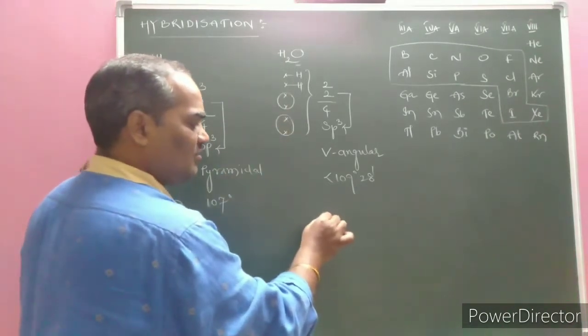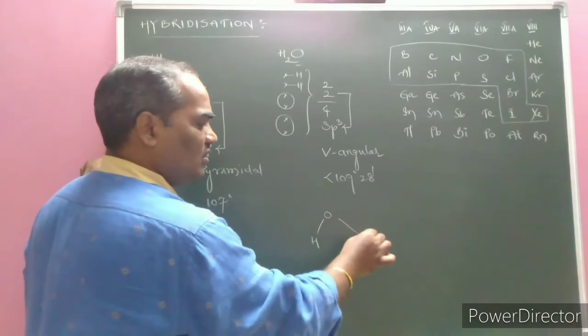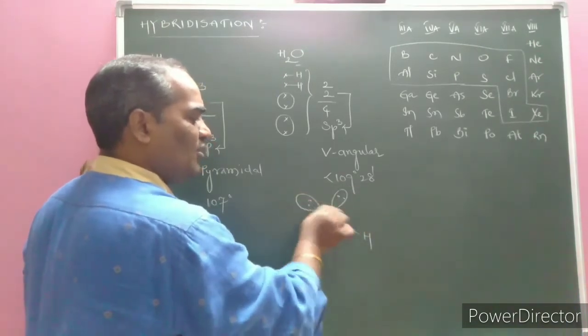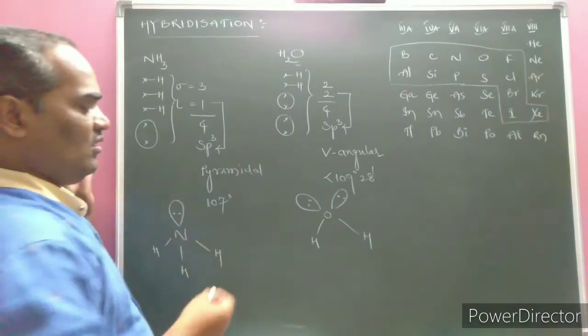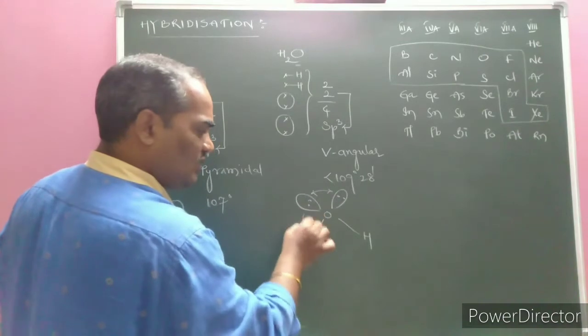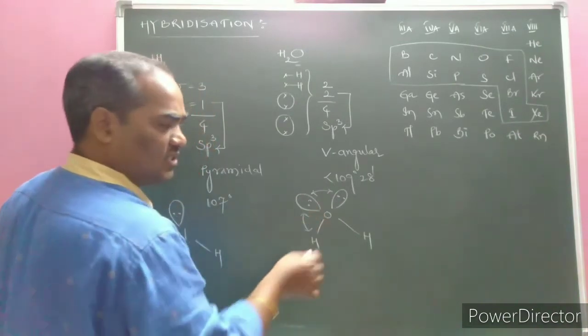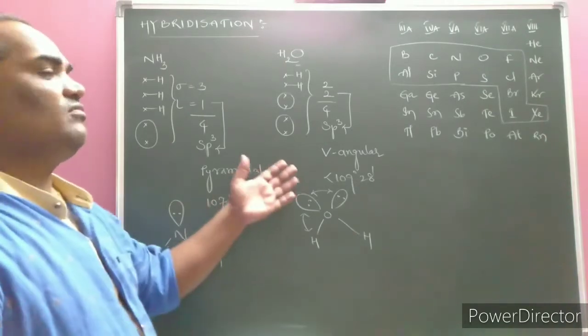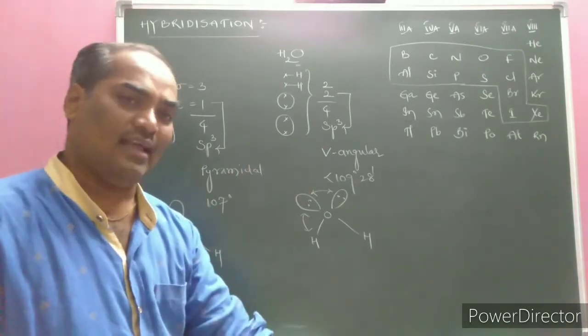Here the oxygen atom is the central atom, with hydrogen, one lone pair of electrons, and another lone pair of electrons, like this is the structure. Here the repulsive forces exist between lone pair and lone pair, as well as lone pair and bond pair. As usual, the bond pair repulsive forces also cause the decrease in the bond angle.